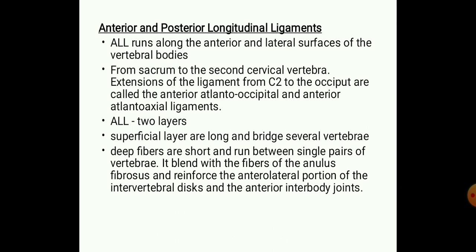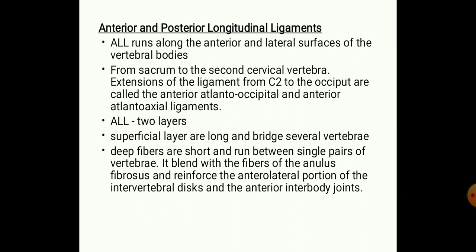So, anterior and posterior longitudinal ligament. The anterior longitudinal ligament runs along the anterior and lateral surface of the vertebral bodies. It starts from the sacrum to the second vertebra. Extensions of the ligament from C2 to the occiput are called the anterior atlanto-occipital and anterior atlanto-axial ligaments. So this ligament extends from the sacrum to the C2 spinal level, and from C2 the extension of this ligament is called the atlanto-occipital and